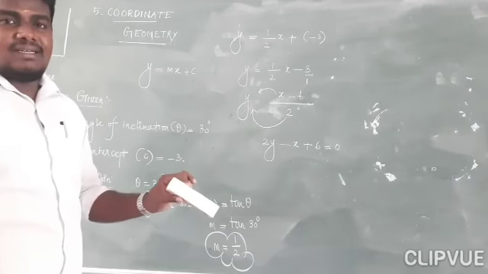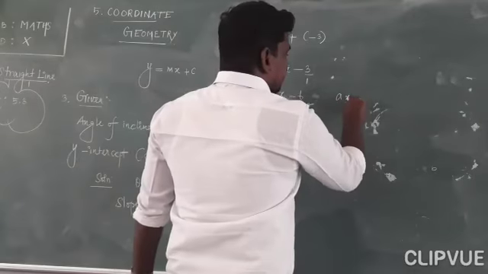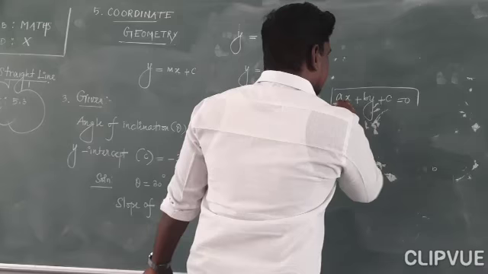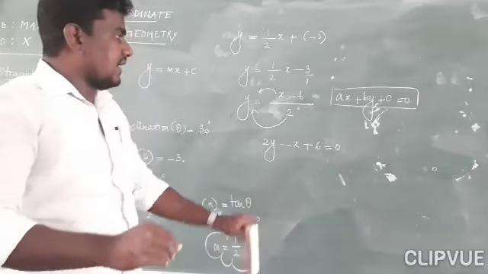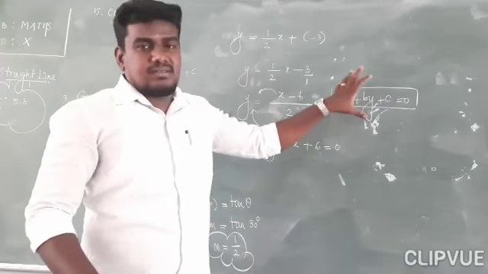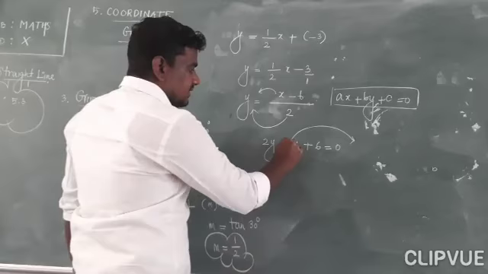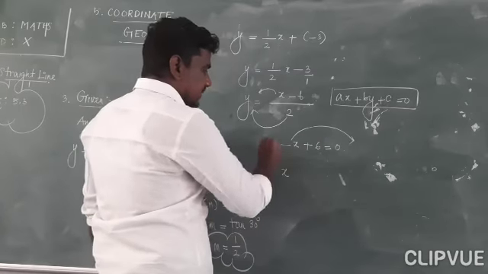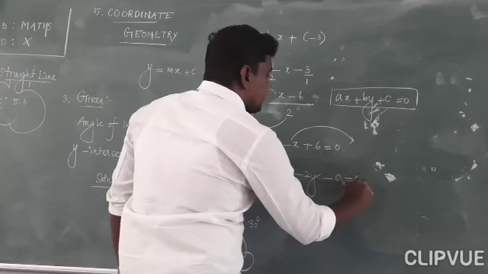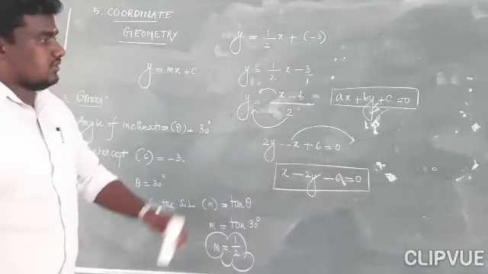But you know that the general form of a straight line equation is ax plus by plus c is equal to 0. Always we try to write in the form of ax plus by plus c equal to 0, where x comes first. So if you take this to the right hand side, minus x becomes plus x, plus 2y becomes minus 2y, and plus 6 becomes minus 6 is equal to 0. This is the required straight line equation. Okay, this is also an important 2 mark question.